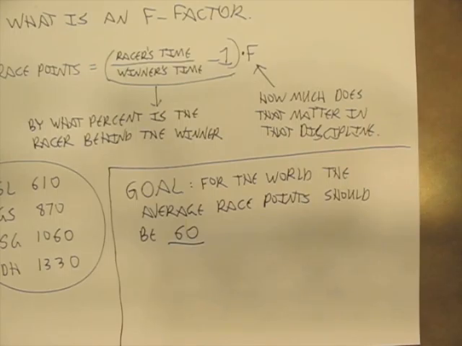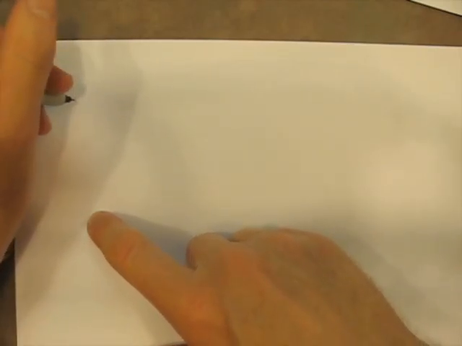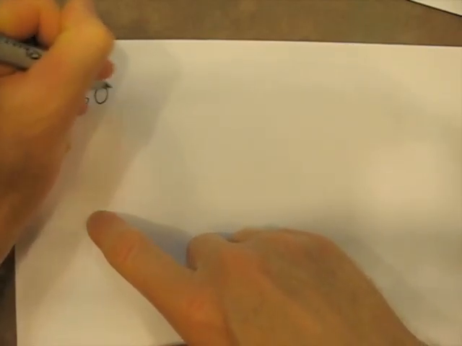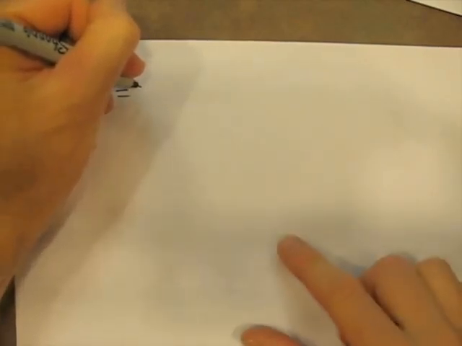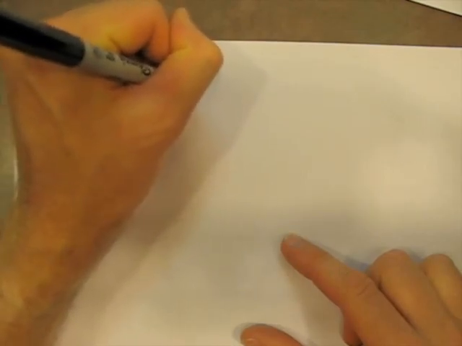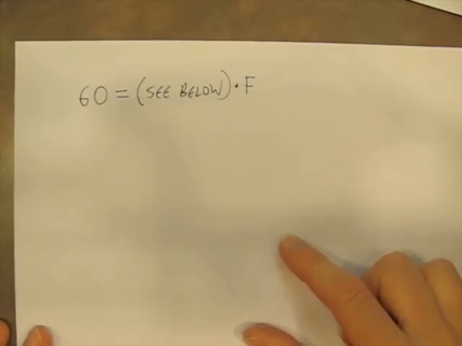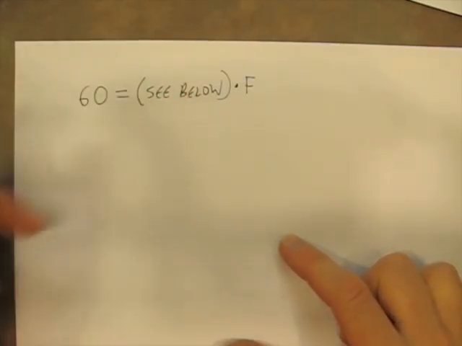So let's go to a new sheet of paper here. And so what we're going to do is we're going to say 60 equals, see below, times F. And now that F, that is